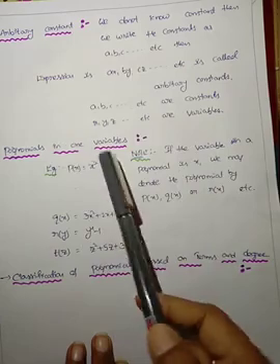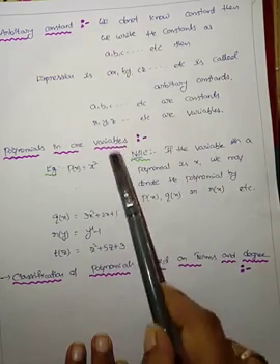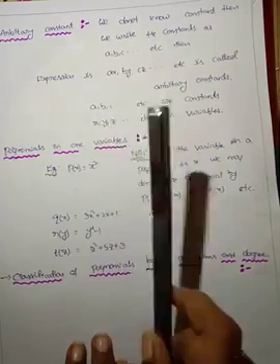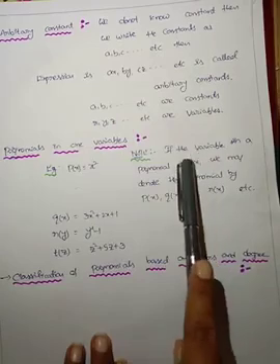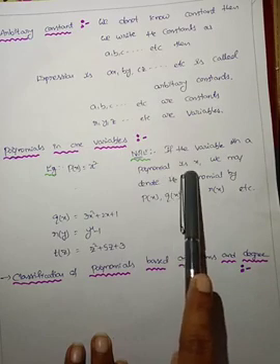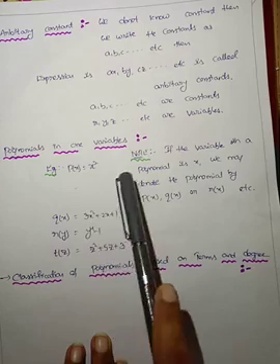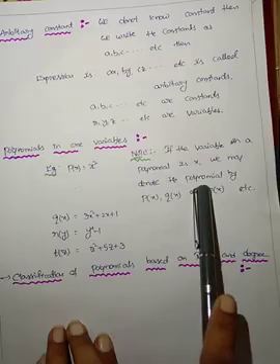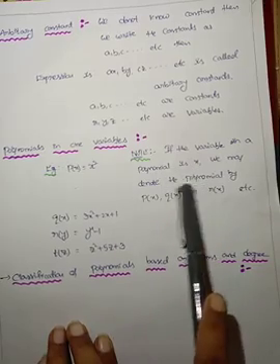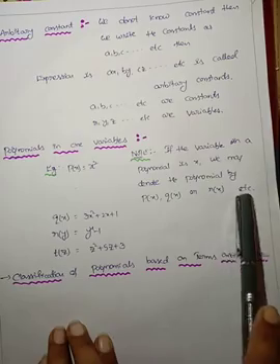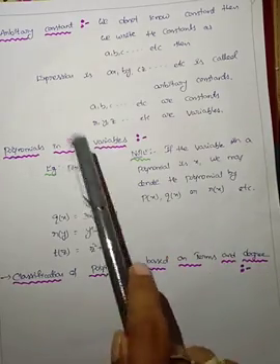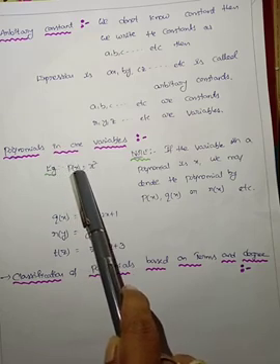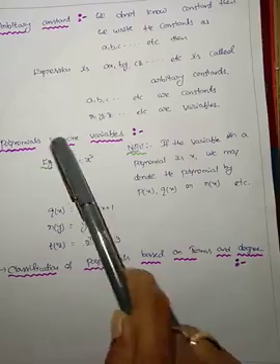See, x square is a polynomial, 3x square plus 2x is a polynomial. All these are polynomials. How many variables? Only one variable. Note, if the variable in a polynomial is x, that polynomial has only one variable, that is x or y or z. We may denote the polynomial as p of x, q of x, or r of x, like that. If the polynomial has one variable, that is x, then we have to write p of x.